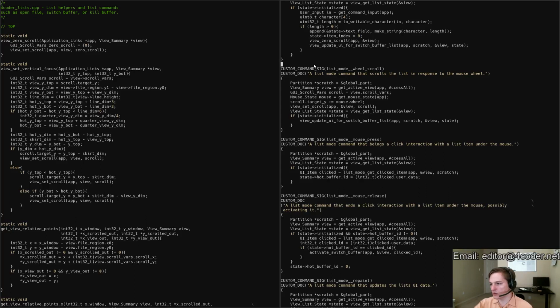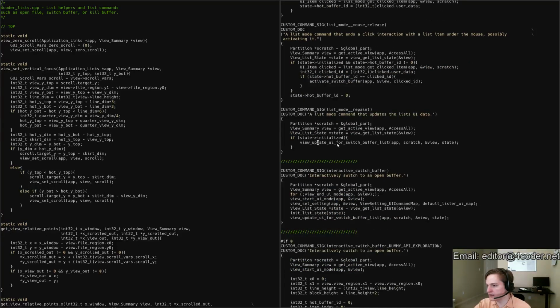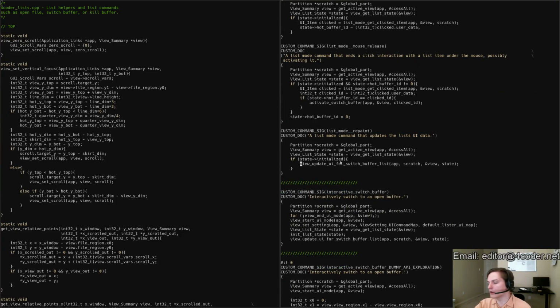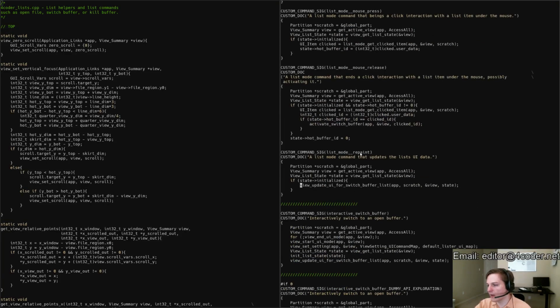There's one other one I wanted to show you before I actually get to it. There's this repaint one, which basically says, hey, maybe there was an animation happening, that the scroll was still smooth scrolling, or the mouse has moved. Different things can happen that cause the UI to want to update its layout that are basically not changing the state at all, just redo the layout and that's it. So we have this repaint one, and the events that would trigger this also weren't exposed in the API anywhere. So